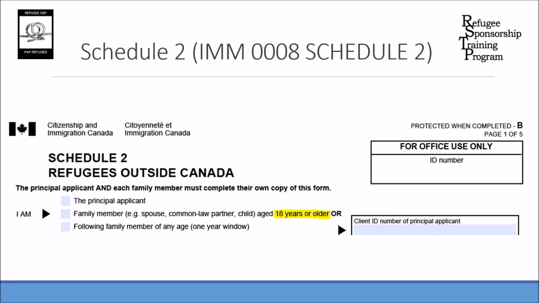So provide as much information as possible. And again, if you do need to include country condition documents or country information, reports, news articles that demonstrate a lack of durable solution in the country of asylum, please do so and please attach it to the back of this form. Schedule 2 is also where the refugee applicant is asked to list any de facto dependents that they